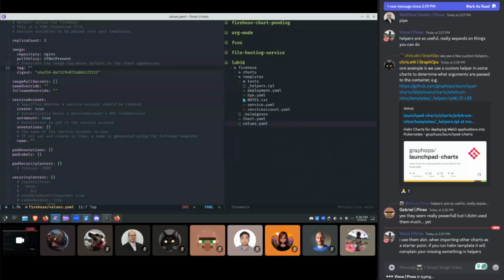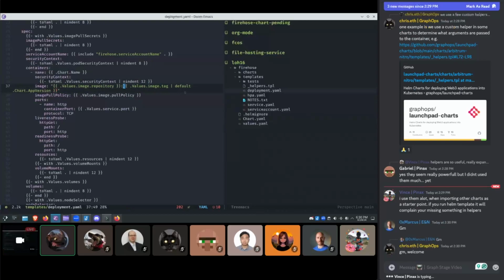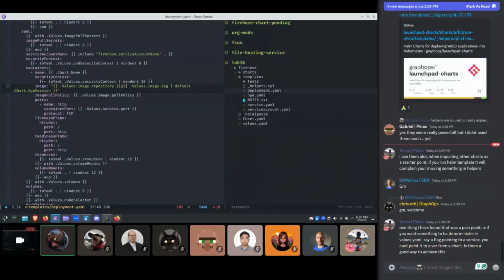A bit longer. Now you have a problem, because when you do this, now you can support tags, you can support digests. You have to choose a policy if the user specifies both, which one takes precedence, and you need to implement the logic right here. And the gotcha here is that the format is different actually. If you are using a tag, you use this colon, and if you are using a digest, you need to use